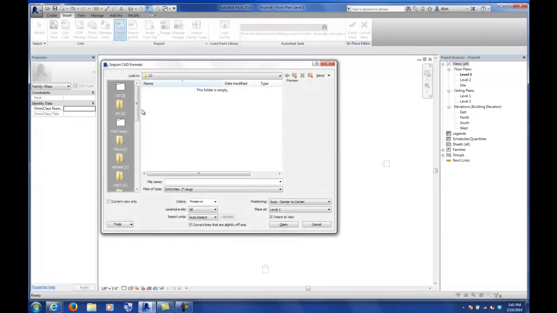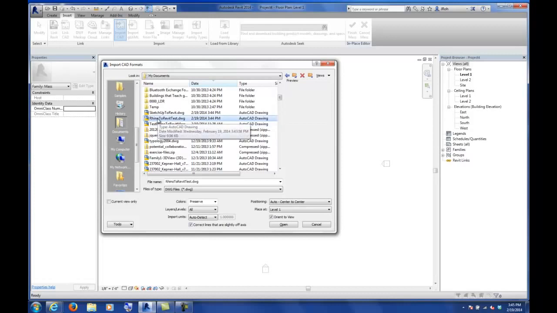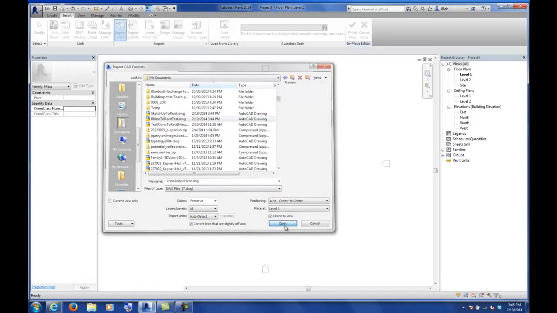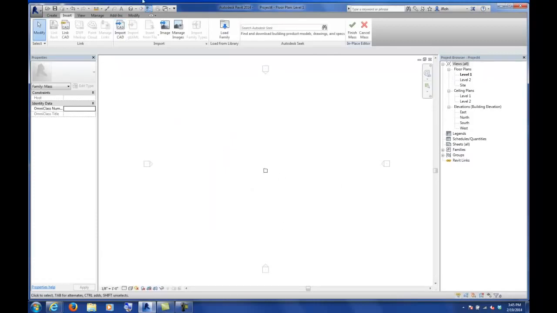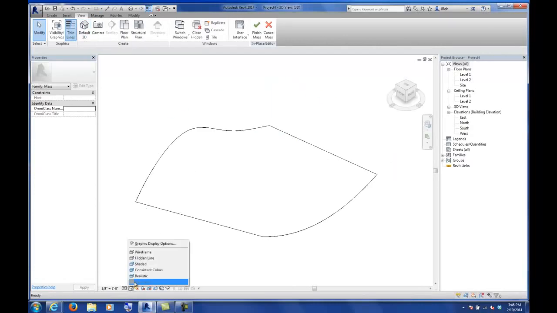So if you go to Import CAD, you want to browse to wherever you downloaded those files. And I've got the Rhino to Revit test I'm going to do first. So we can go ahead and just click on that. We can just keep all the other additional settings that are down at the bottom and then just go ahead and click Open. If we look at this in 3D, so click on View, Default 3D,